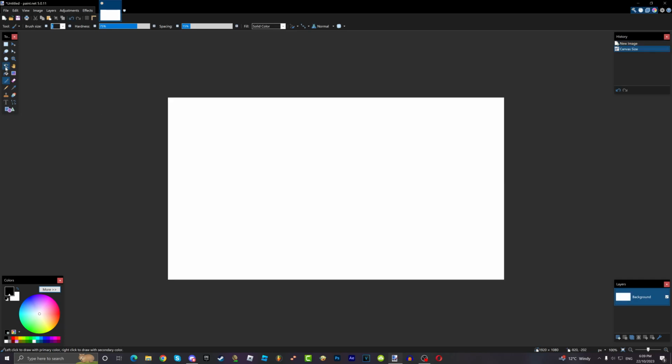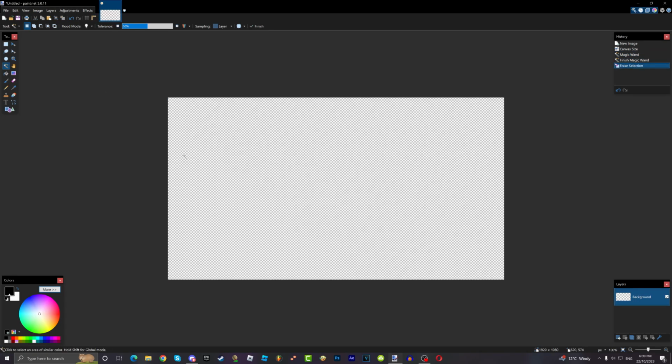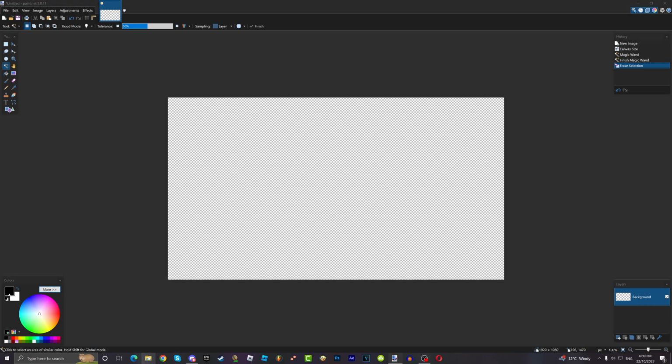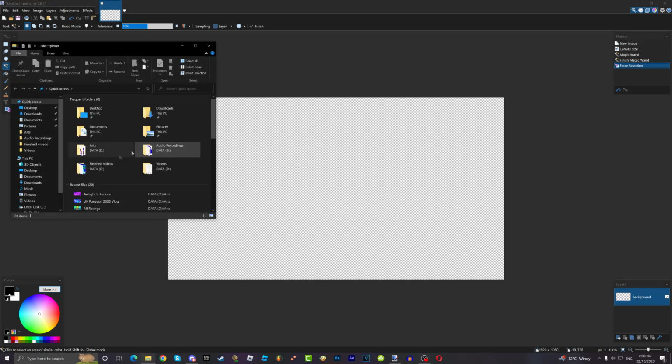Okay. And then you need to get rid of this white background, so get your magic wand and just click on the white canvas, and then hit delete on your keyboard. And now you get this transparent background. Alright, so